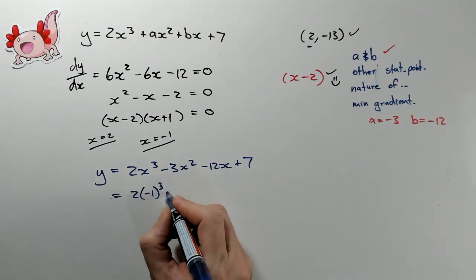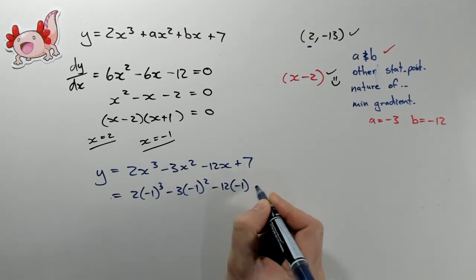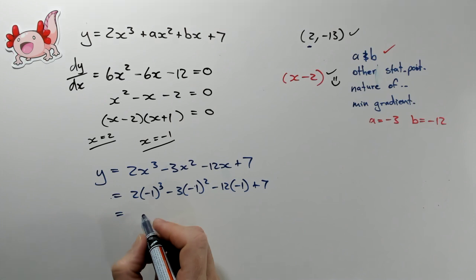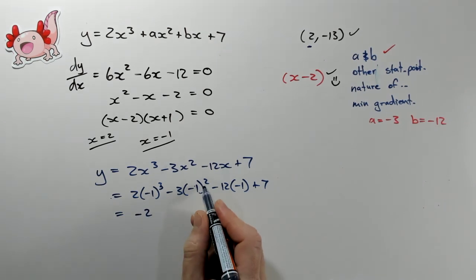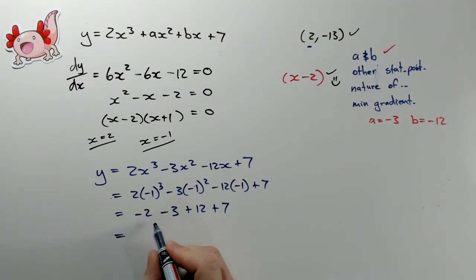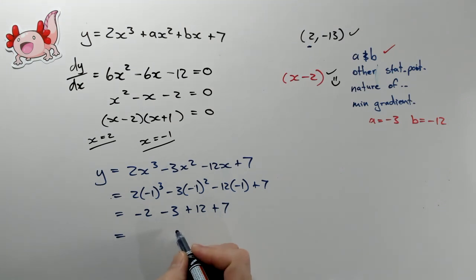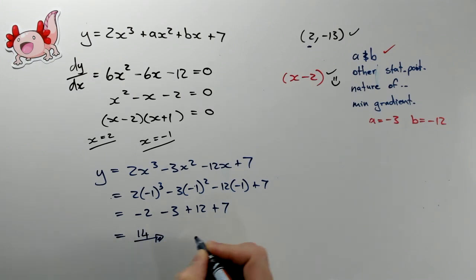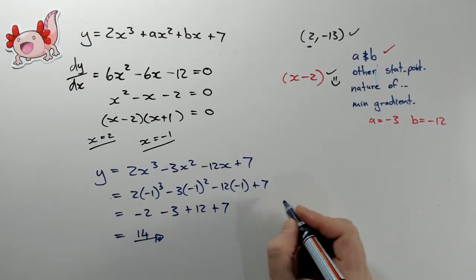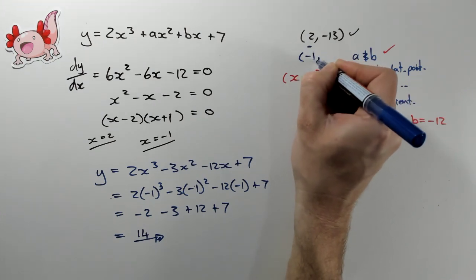Okay, that's 3, I promise. -1 squared, -12, -1, +7. This becomes -2. That's positive, but this is -3. This is +12 and +7. So that's 5 and 12. 19 minus 5 should be, what's this, 14. Cool. So we found the other stationary point, and that stationary point, I'll just write it here, is -1 and